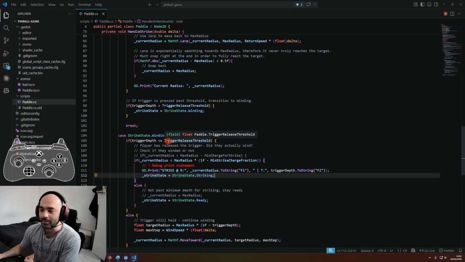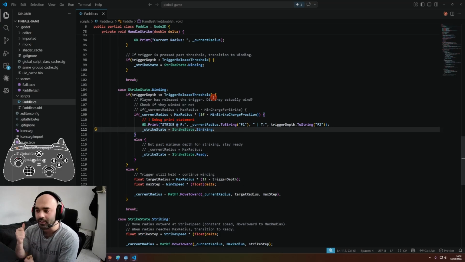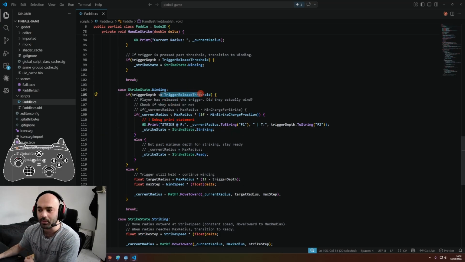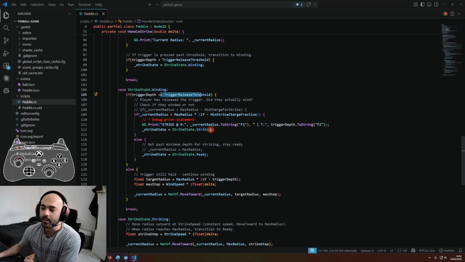Sorry, no. Once the trigger has been released, this is checking. Okay, so once we've winded and the trigger has been released, we check has the trigger been released. Then we need to check, are we beyond the threshold to be considered as a strike? If so, transition to the striking state. How we check whether we've reached that